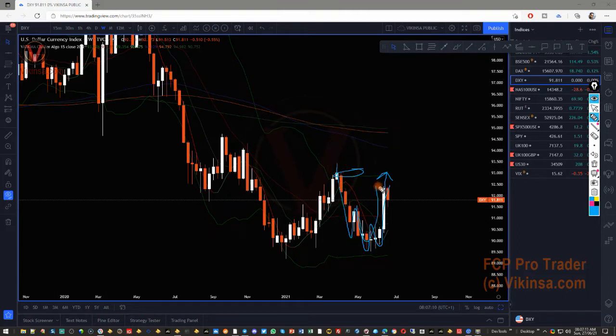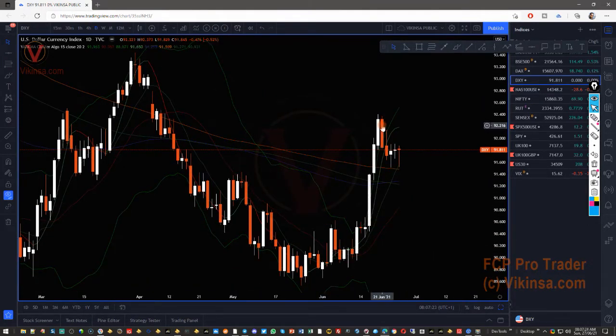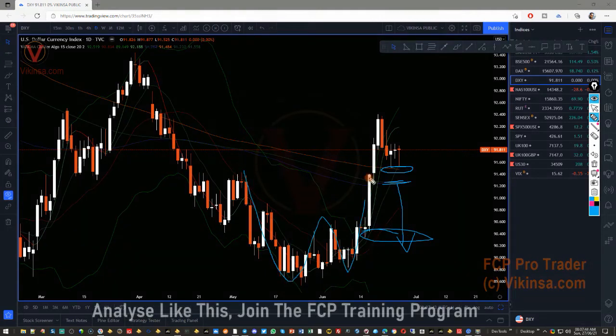and there is a W pattern here, which means the market was expected to go down, and this is what we talked about last time. So what we have is, if I go to the daily time frame, the market created this W pattern and it started to go down, and the 200 moving average became kind of like support here, but I'm not expecting it to hold. It can actually go down a little bit further, and if, as I said, it starts to go down, then it can go all the way down to close that gap, which is somewhere around here in this area. Now this is the W pattern which has been completed, and the market is right there.